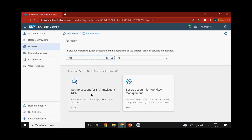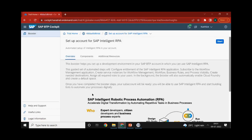Sure. Set up account for SAP Intelligent RPA. Click on this. Once you click on this, you should click on the start button here. And this one is giving you the overview about